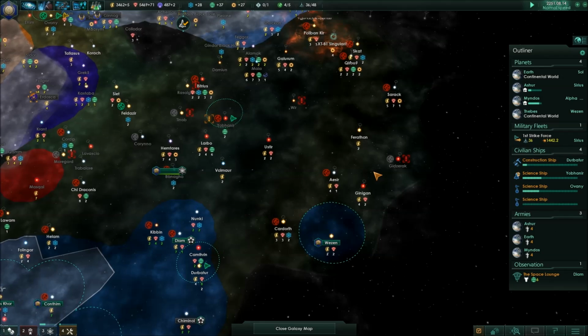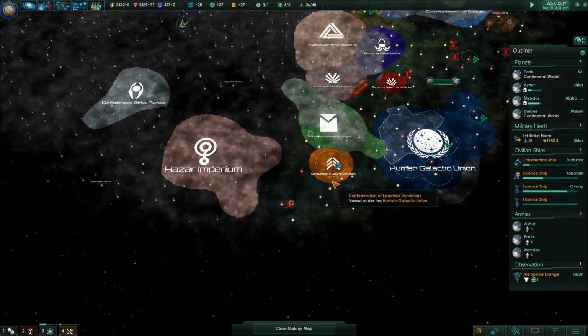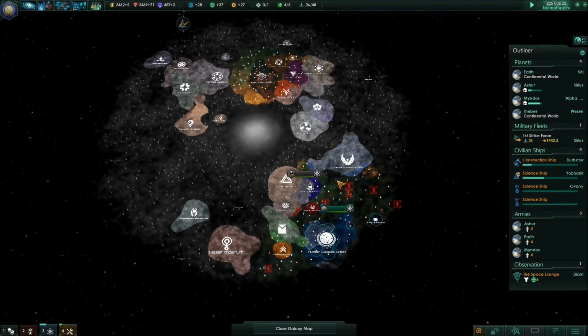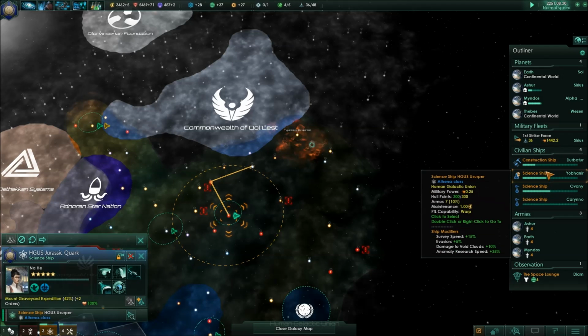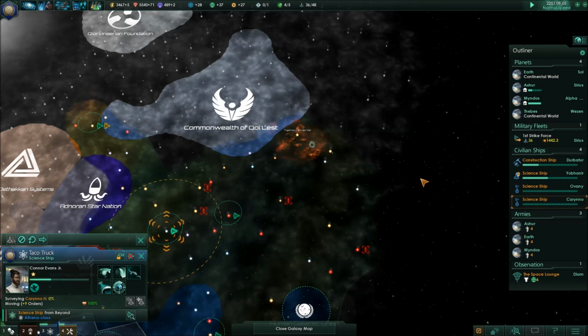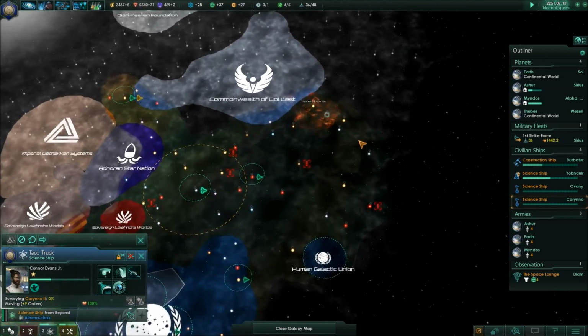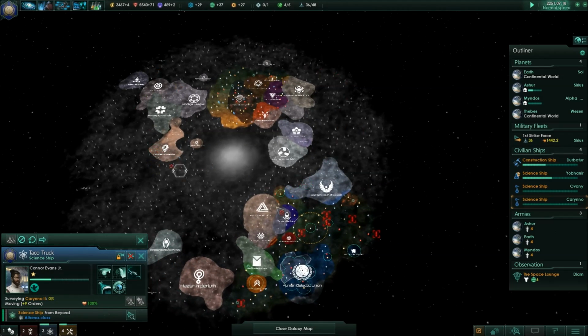That is going to be pretty far in the future. The lack of continental worlds is really starting to eat into us, though. So, I mean, even if we find something out here, it's kind of pointless. I wouldn't say pointless, but it might be better to at least take the Jurassic Quark, and maybe even the taco truck as well, out here, because we can actually potentially grab more land out here, although we'll probably hit another empire at some point. We got quite a few up in here. I imagine some of these have popped up due to...